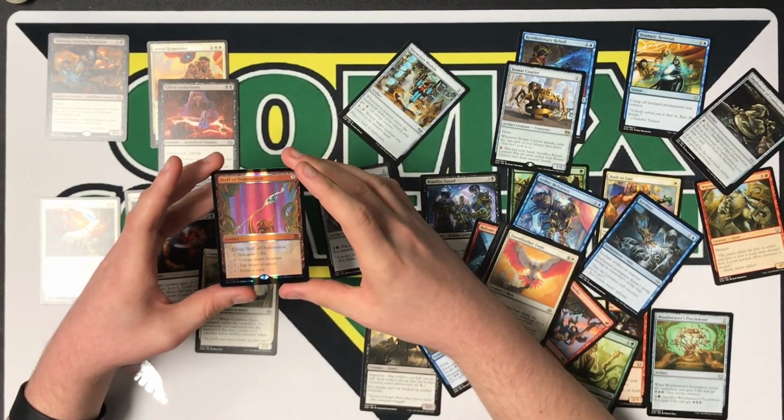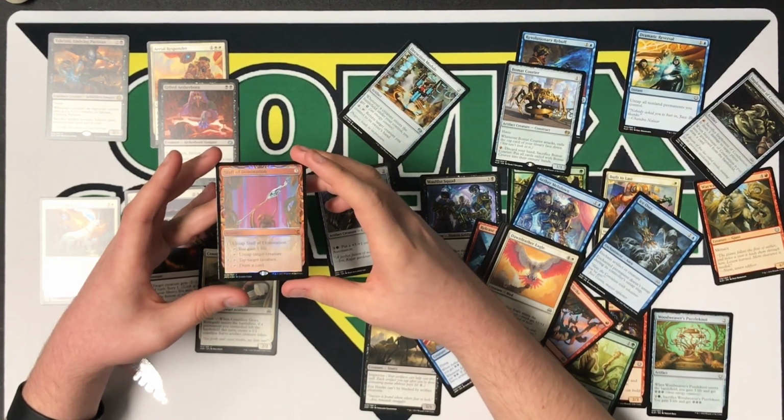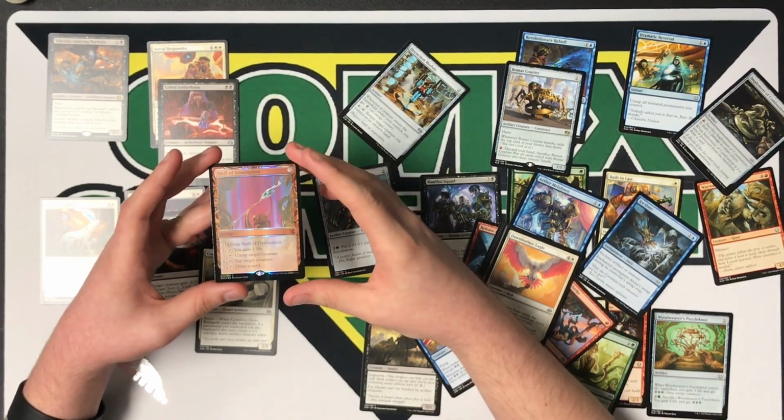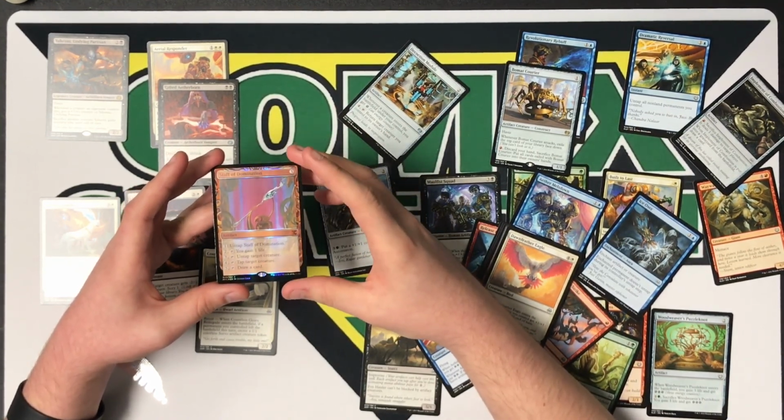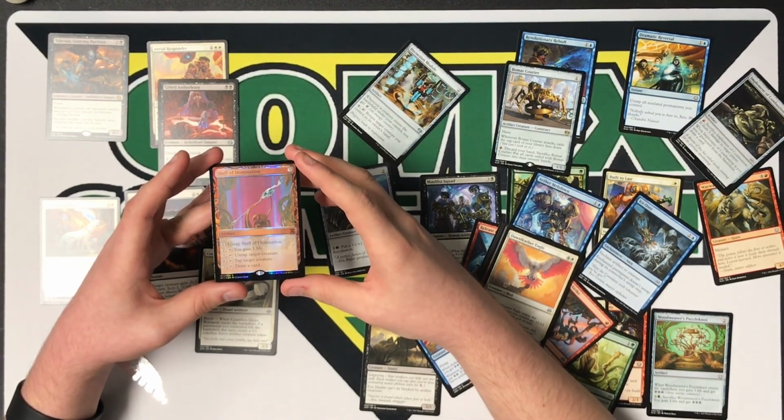So for 1 mana, you can untap it. So if you have anything left over in your mana pool at the end of the turn, you want to use multiple tap effects, go for it. For 2 mana, you can gain a life. For 3 mana, you can untap a creature. For 4 mana, you can tap a creature, and for 5, you can draw a card, and each of these